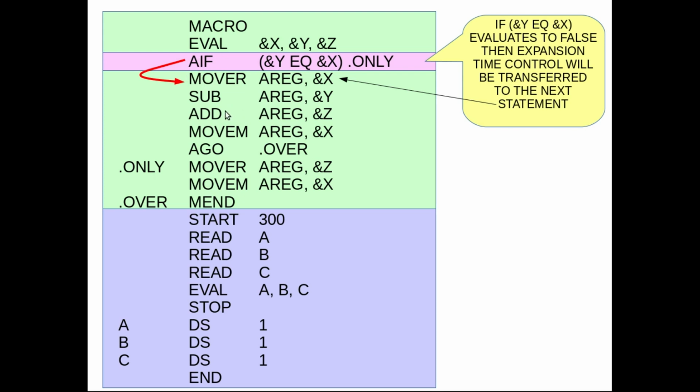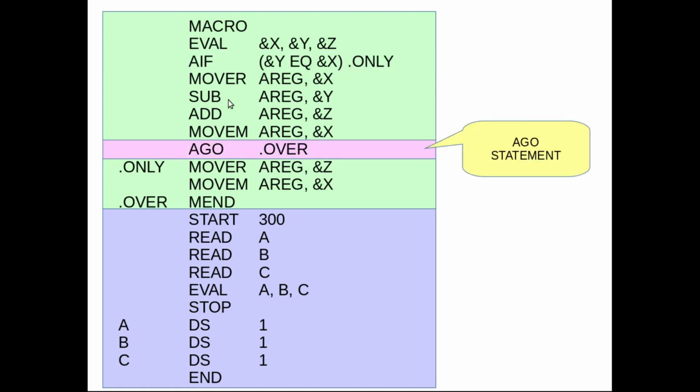This slide is not wrong, it's correct. And what it is showing is that if y equal to x evaluates to false, then expansion time control will be transferred to the next statement. So I will not jump to .only, instead I will go to the next statement. So that was the meaning of this slide.